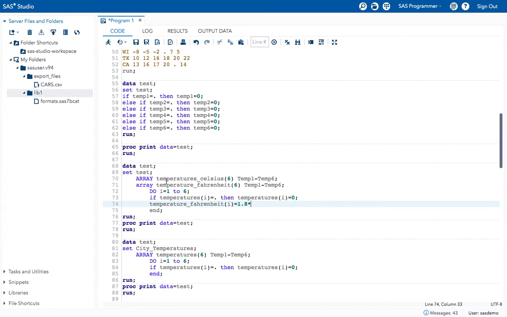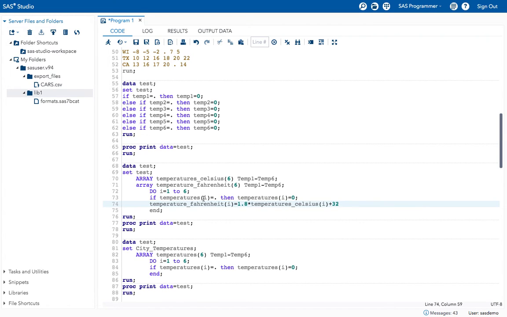What are the Celsius values? Here we have the temperature Celsius values. Copy that of I, plus 32. This is the formula for the conversion of Celsius values into Fahrenheit values.